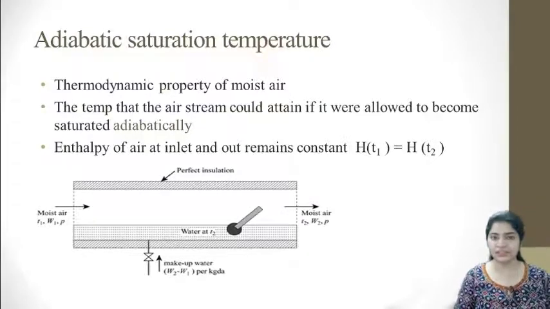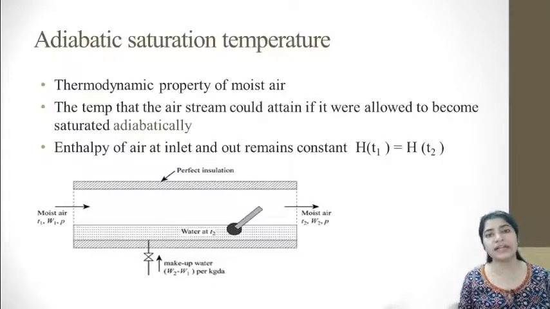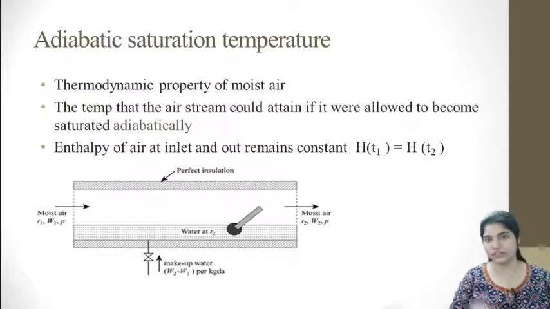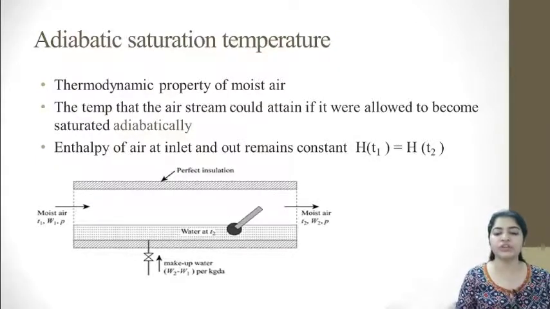So the setup is that you pass the dry gas into the adiabatic saturator, and from the outlet you get humid air, whose temperature is the adiabatic saturation temperature. Of course, water is transferring into the dry gas, so you have to compensate for that loss of water. So you supply makeup water also, and the temperature of that water is what?